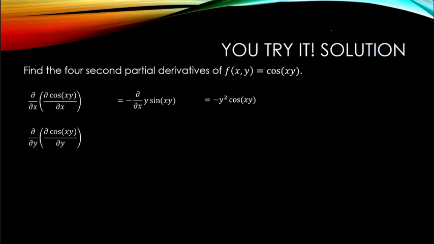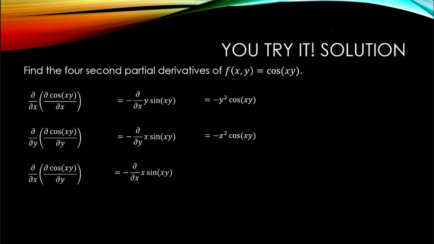The partial derivative with respect to y of the partial derivative with respect to y of the cosine of xy gives me the negative partial derivative with respect to y of x times sine of xy. When I finish out this partial derivative, I get negative x squared cosine xy. The partial derivative with respect to x of the partial derivative with respect to y of cosine xy gives me negative the partial derivative with respect to x of x sine of xy, which gives me negative xy cosine xy